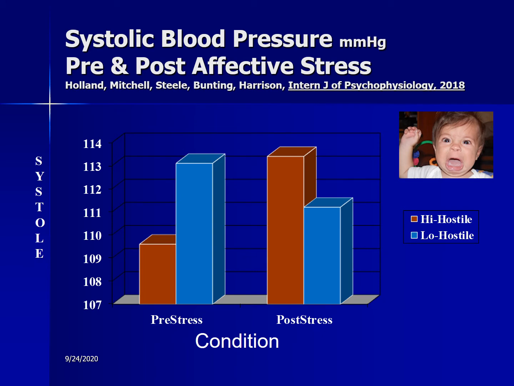Here we're looking at systolic blood pressure, and again, high hostiles lose control of their systolic blood pressure. But looky here, and we find this, not always, but sometimes with our low hostiles, is that negative emotional stress, like a baby crying angrily, actually lowers their blood pressure. We find left frontal activation in these folks sometimes, where they have approach-related emotion to be nurturant and kind and supportive, rather than wanting to harm the child, perhaps.